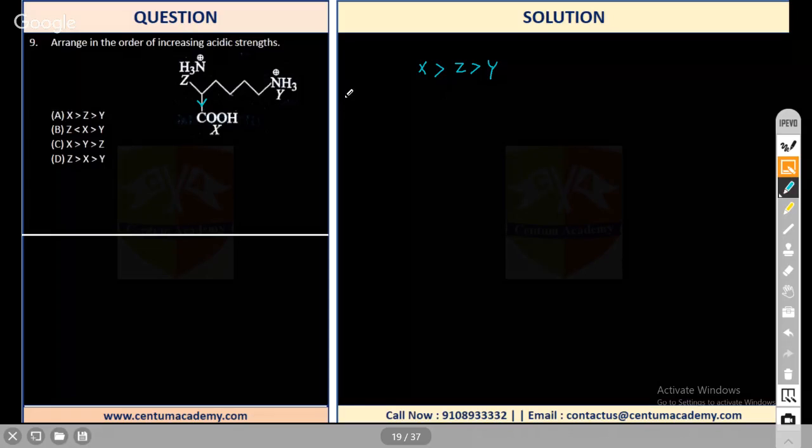Is it clear? Because of electron withdrawing nature of this group, the effect of this, however, we cannot say here that it shows minus R or plus R effect. But since this is the bond with which the C double bond OH is attached, right? So you understand like this. Here we have NH3 plus